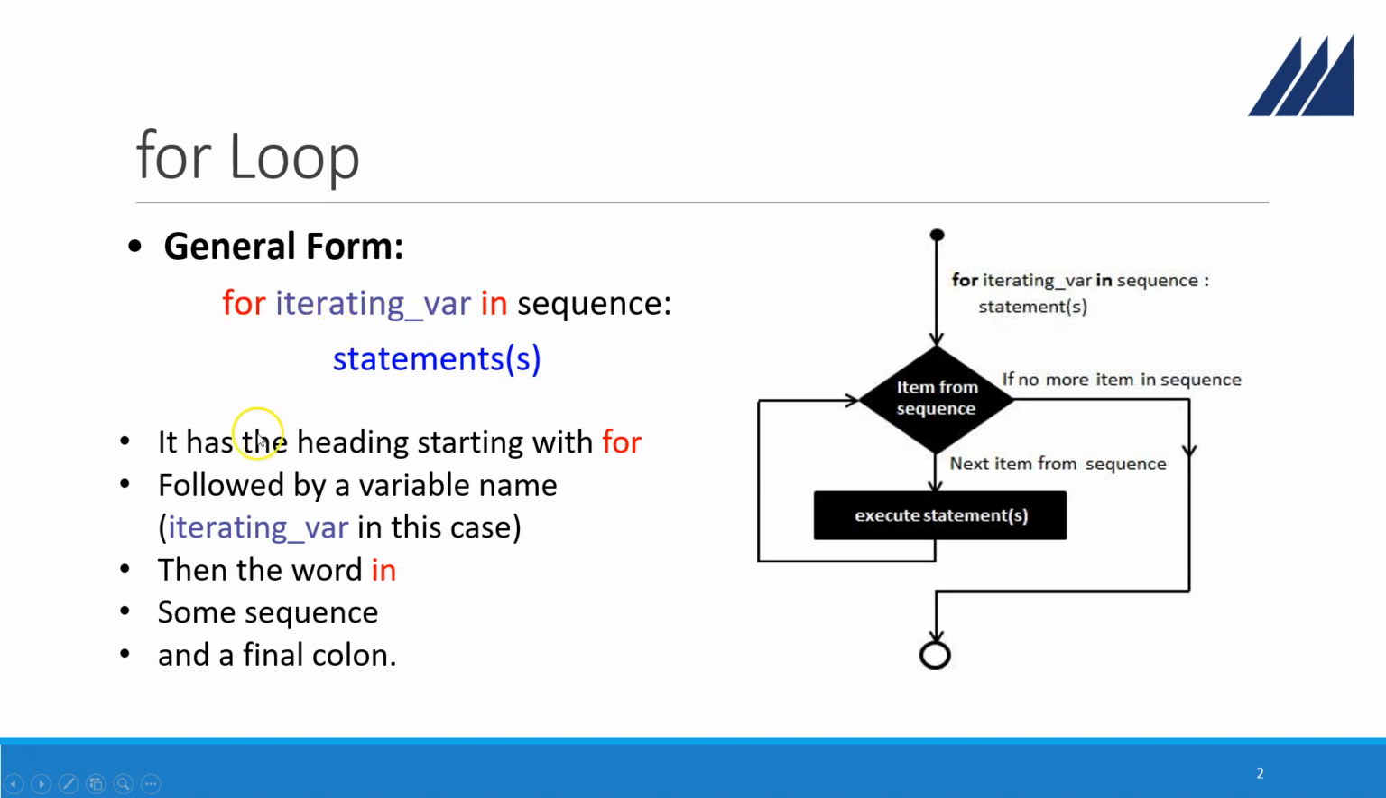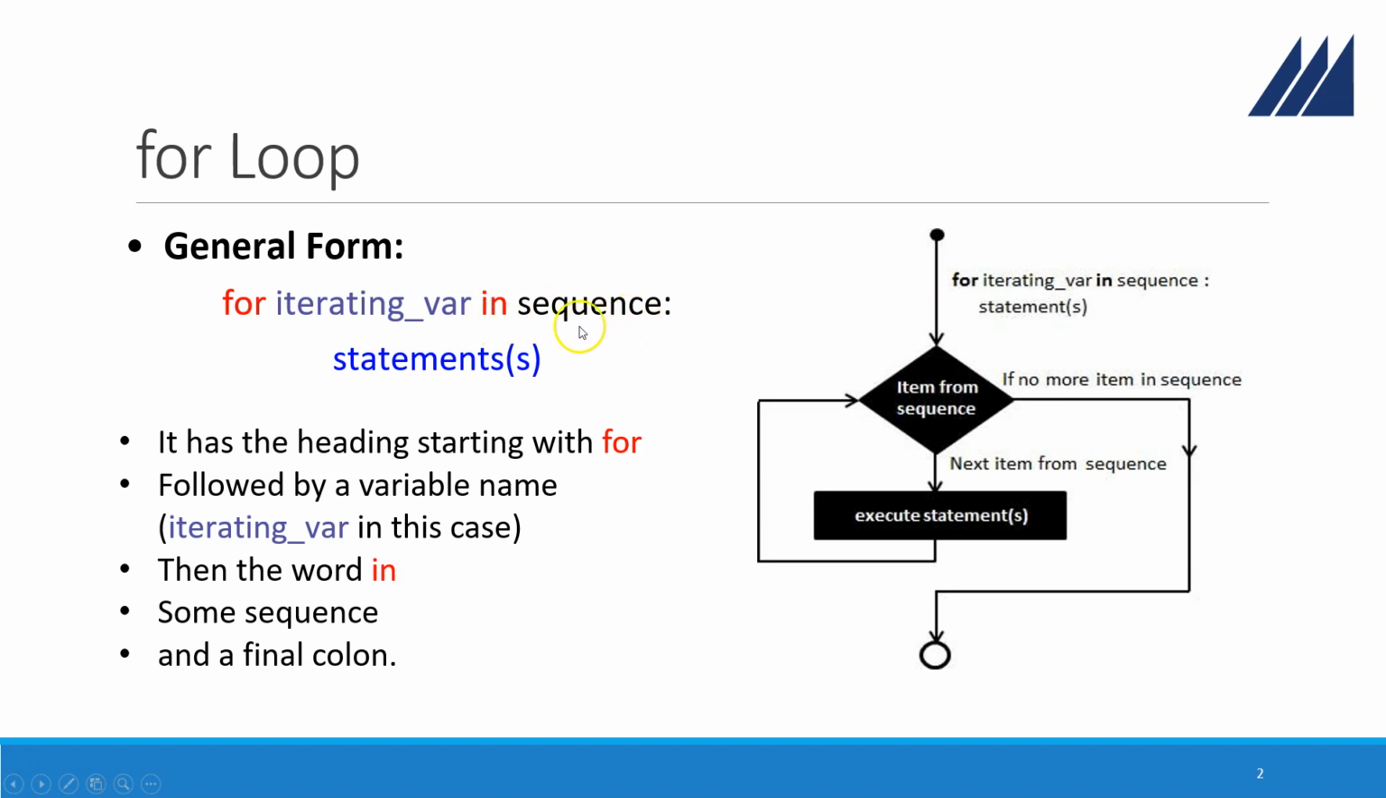In the header, first we have to start with the word for. For is a recognized word by Python, and Python knows that this is the beginning of the header of the for loop. Then after the for comes the iterating variable. This could be any name that you want. It's going to be a variable. You can have it x, number, name, whatever you want. And this is the variable that we're going to be using. Then in is also a must in the for loop header, and it's also recognized by Python,